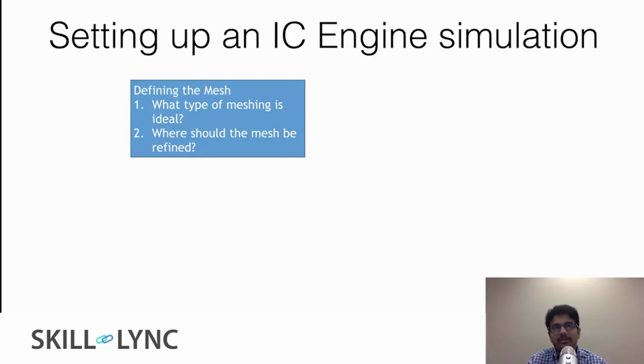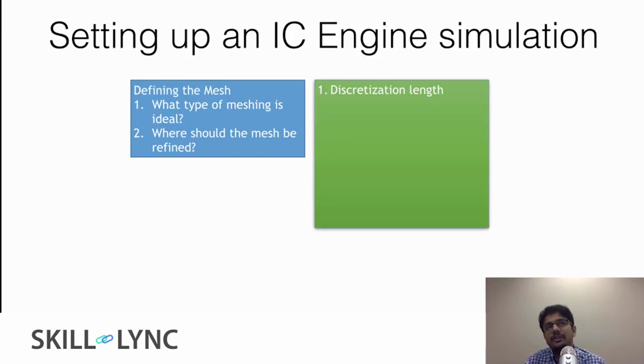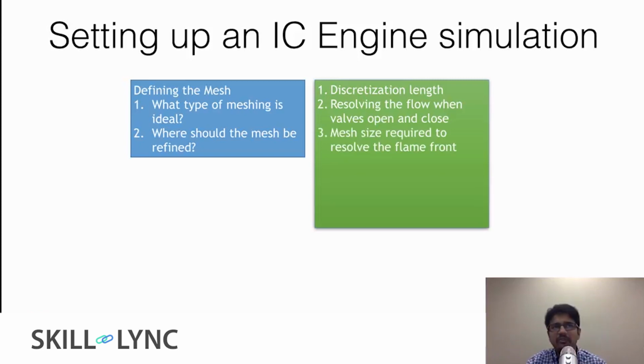Then we come to the meshing part. In an IC engine, the meshing process can be very, very hard. In addition to that, you also need to make important engineering decisions like what is the discretization length, how you're going to resolve the flow when the valves open and close, how small should your mesh be in order to resolve the flame front, and then what mesh resolution is required so that you can account for the wall